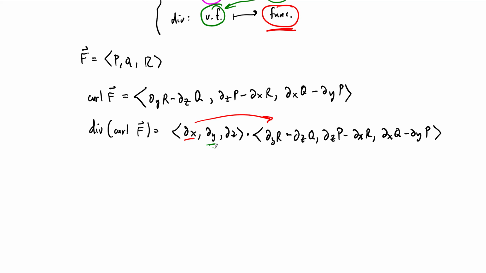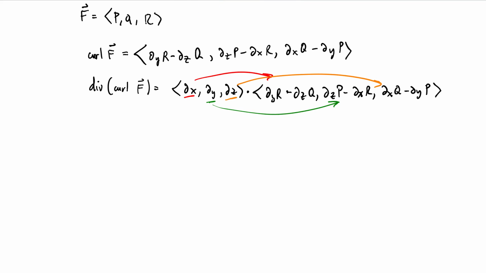It's going to apply the y partial to the second component. It's going to apply the z partial to the third component, and then it's going to sum all of these up. It's going to add them up. Okay, and that's how we get a function back. So let's do it. This one's going to give us, now I'll write this out in all of its complete glory here. So this one's going to be d squared r